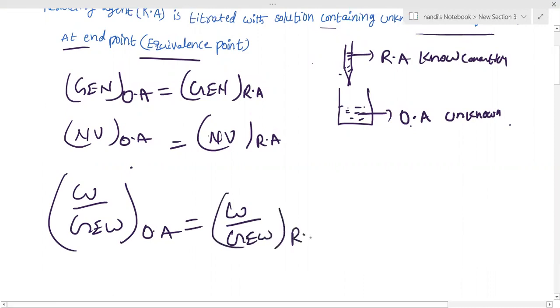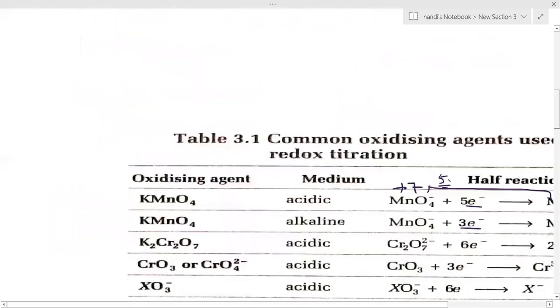We can use this formula for any type of neutralization. Even in an acid base titration, you can use acid equals base. You can use it for iodometric titration also, same thing. In any type of titration we can simply use Gn of 1 equals Gn of 2. This is the basic principle which I am going to use in titrations. Clear?